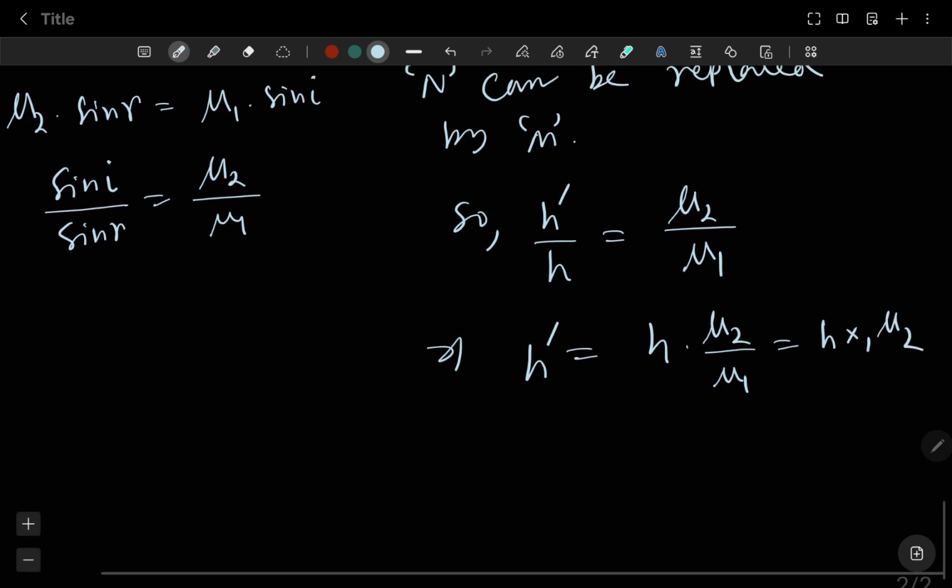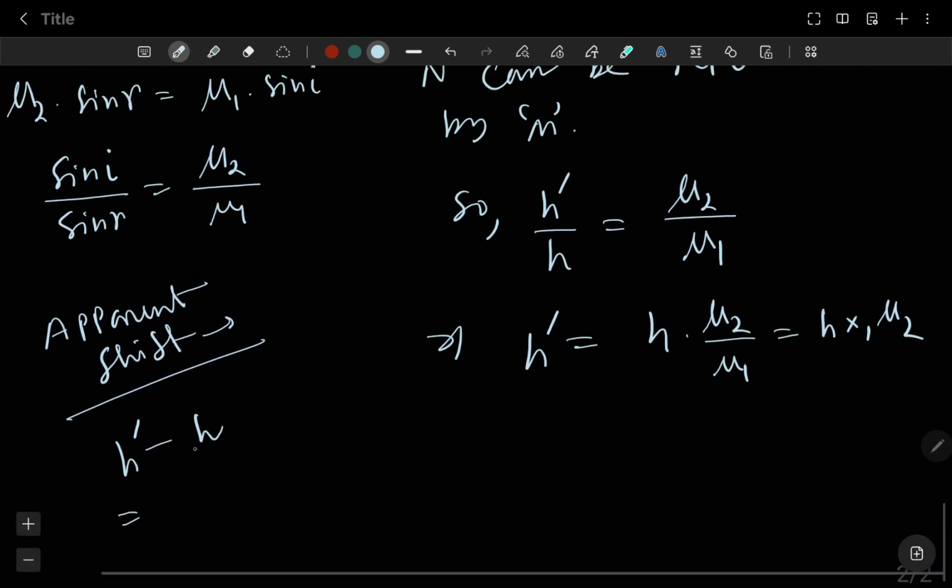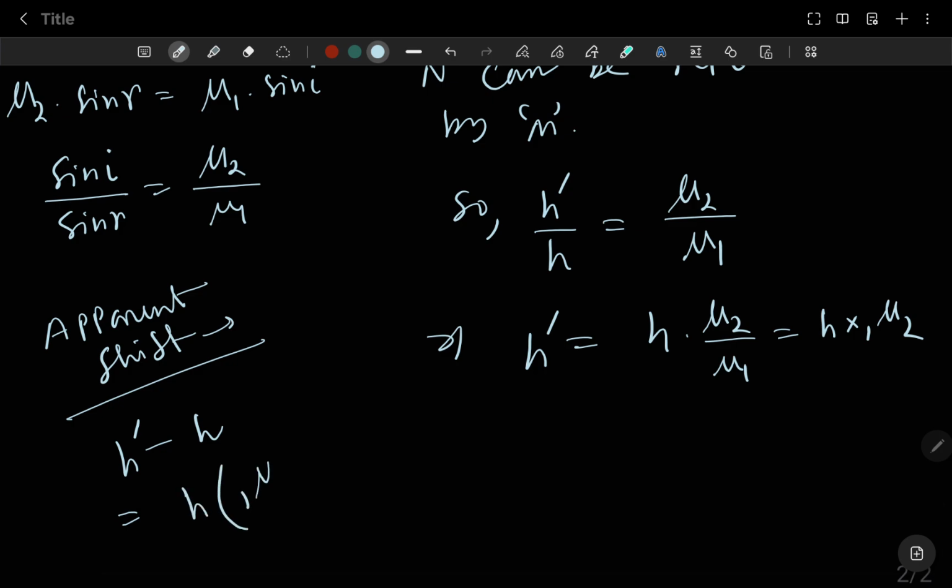So the apparent shift, the normal shift, what we call, will be h dashed minus h. So it will be h(1 − 1/mu 2)... that is, h into (mu 2 minus 1) over mu 2 in this form. Okay, clear? Here the formula will be like this. Alright,